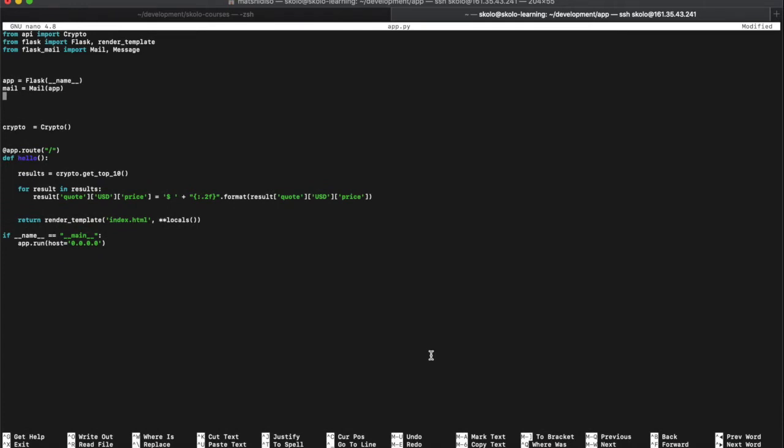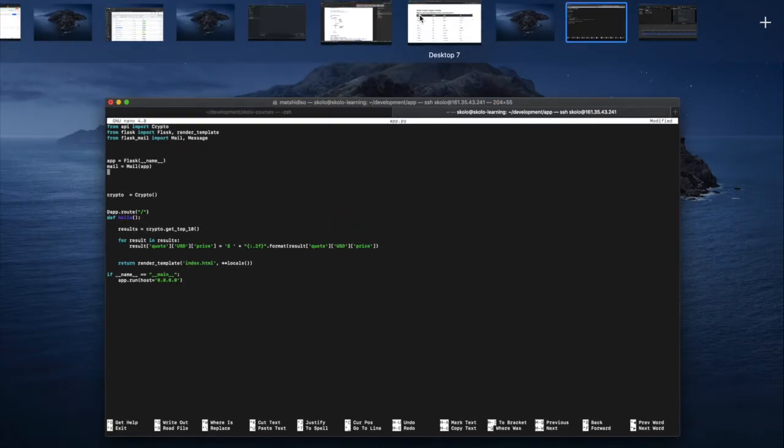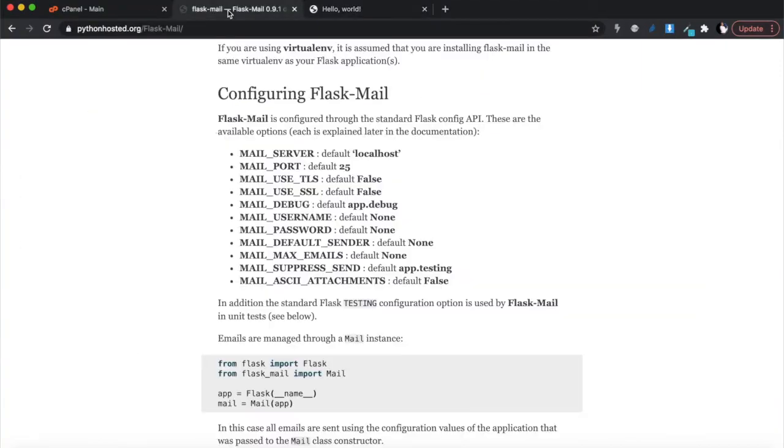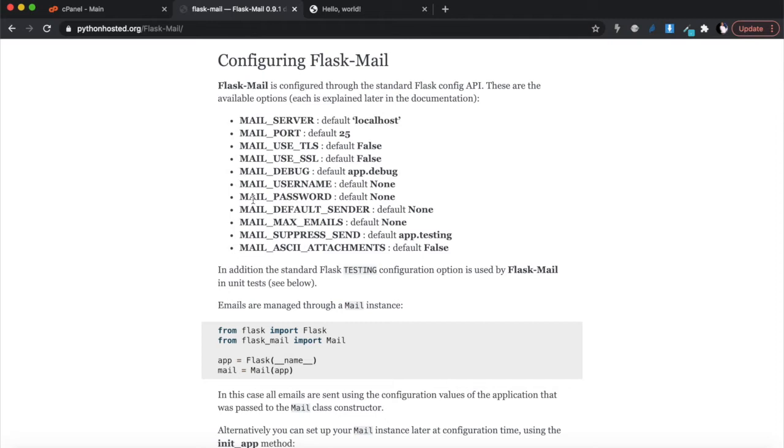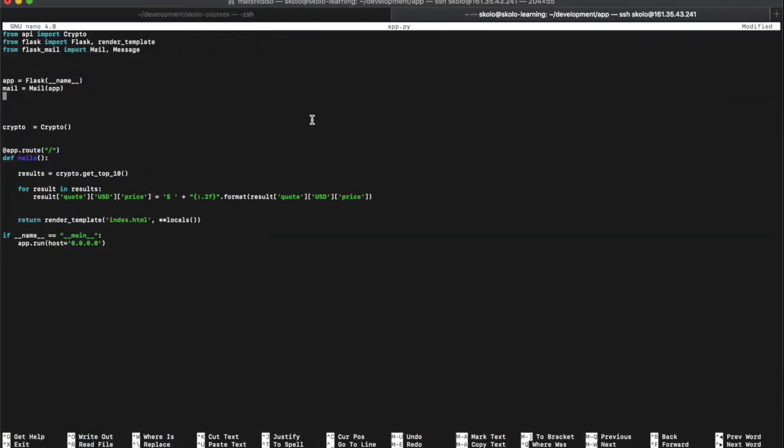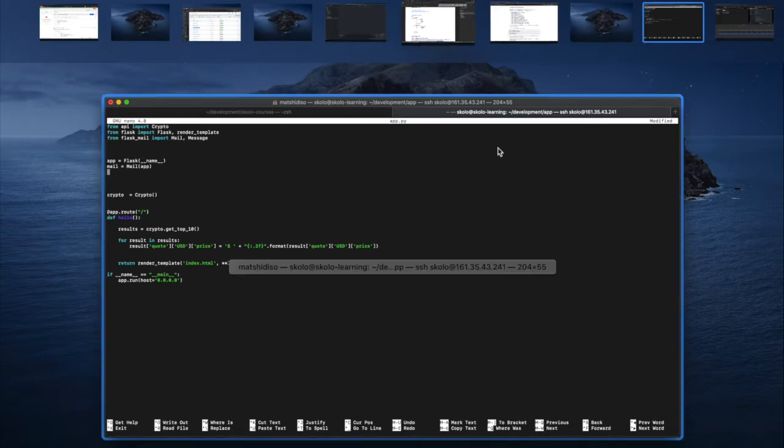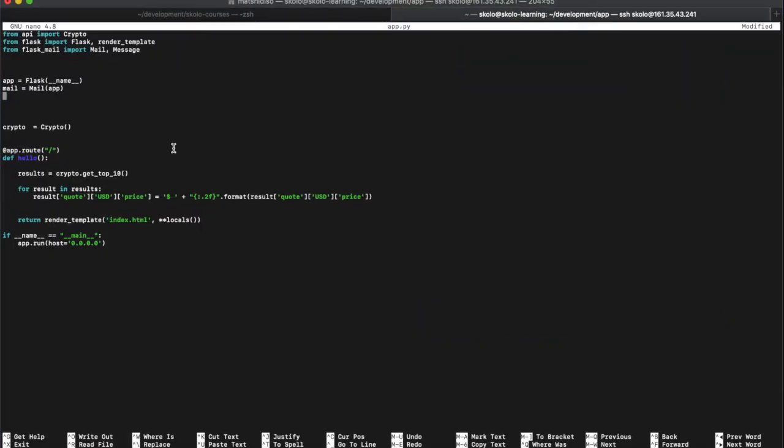All right. So to set the config for the mail, let's have a look at the documentation. So there's things we will need. We will need to set up the mail server that we're working from. Okay, so let's do that. Where are we? Why is it so far away? Let's put it there. Okay, so the mail server, the way we do that, we say